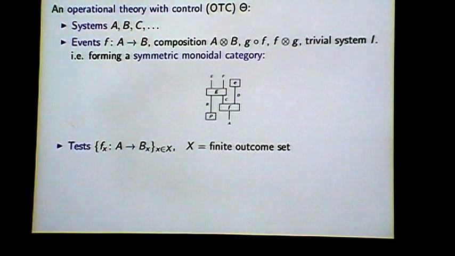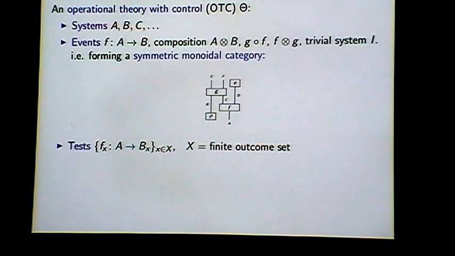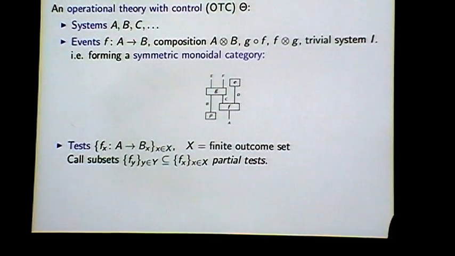The theory also talks about tests. So we think of a test like this as being a finite outcome measurement we perform on this system A. We get one of our little outcomes from this set X, and that means the event Fx takes place. Now we're left with this system Bx. So something slightly different from OPT is that I'm letting the output type of the system vary depending on the outcome. For example, we might have your system destroyed with one outcome and preserved with another. It's up to the theory to say which collections of events form tests. More generally, here I'm going to be calling subsets of tests partial tests.